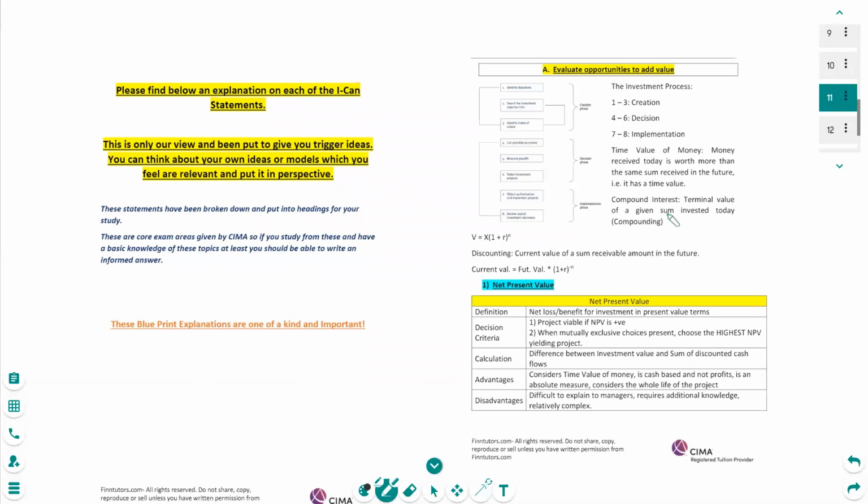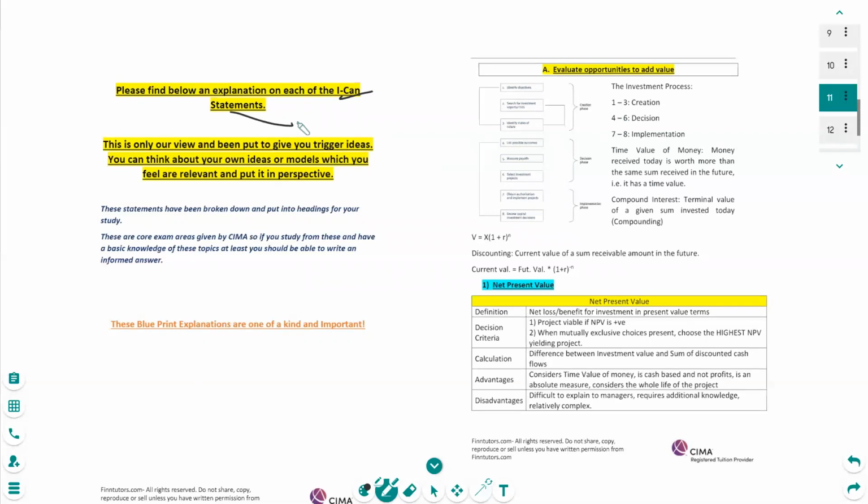Going forward, we have made it further easy for you by developing an ICANN statement explanation document. So this blueprint explanation is a one-of-a-kind document which is created by us to make sure that you address each and every core activity, which is further broken down into the ICANN statements, and you have it all ready in one place.